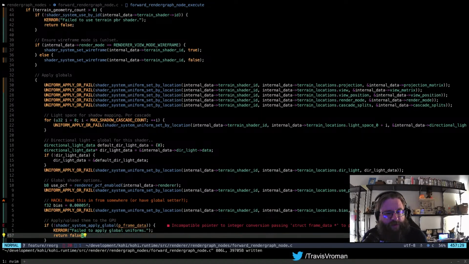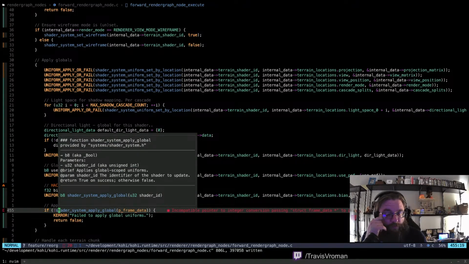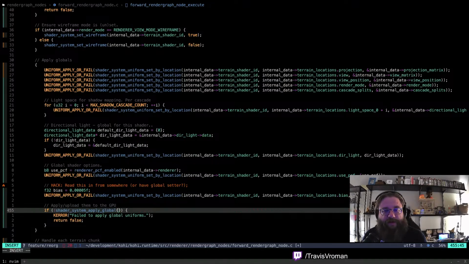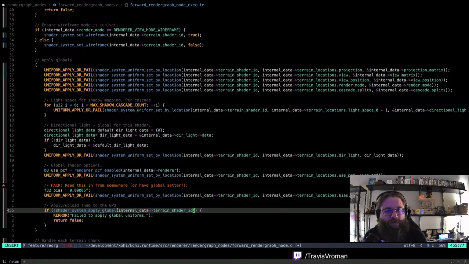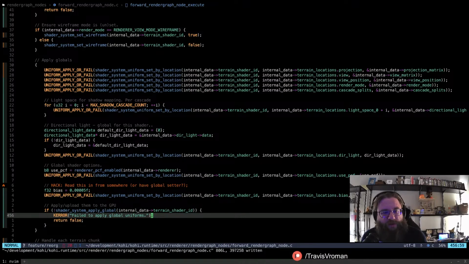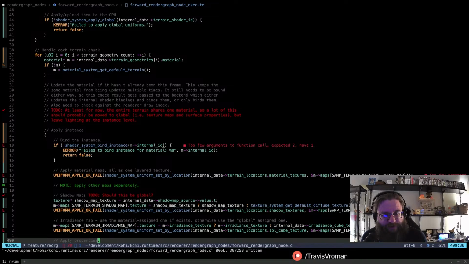So that's those. And then the shader system apply global also just needs the shader ID, right? So it no longer needs p-frame data. It needs internal data terrain shader ID, right? And so that eliminates that bunch of errors, and then we're basically going to have to do the same thing